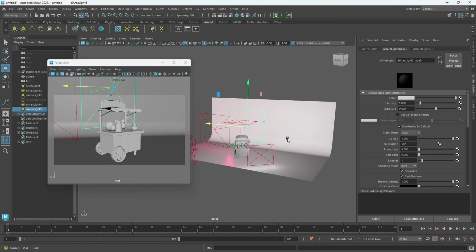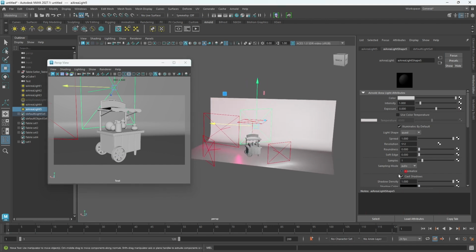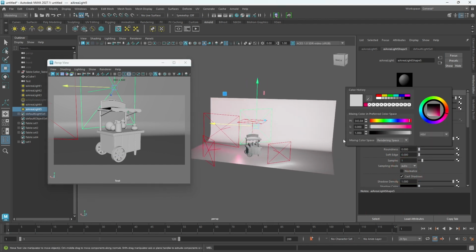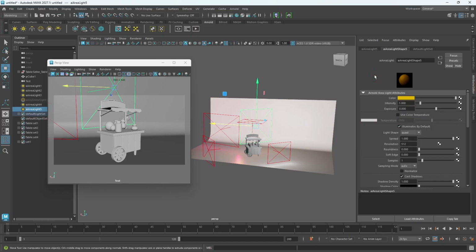And now we can select that light. When we select the light, we uncheck the normalize. We go into the intensity and we select yellow. And let's make the yellow a little bit orange. Let's go close to something like that. Yeah, that works. Now that is looking good. We can go into the renderer and